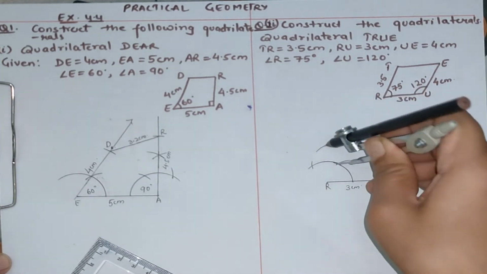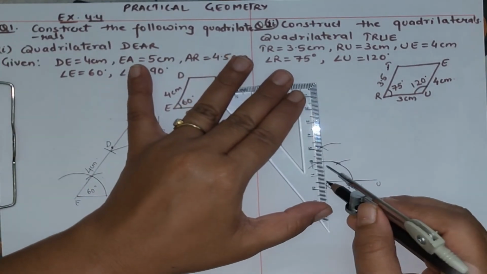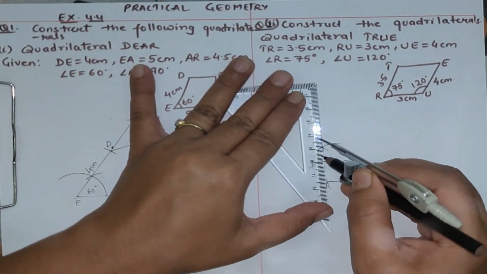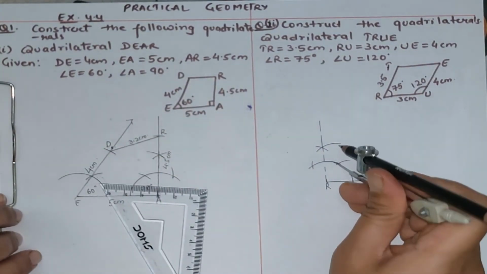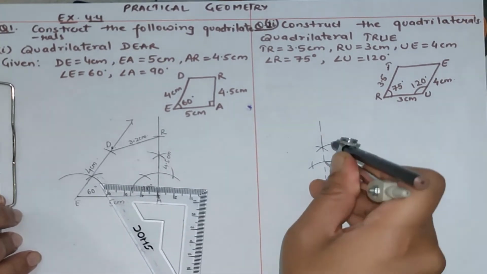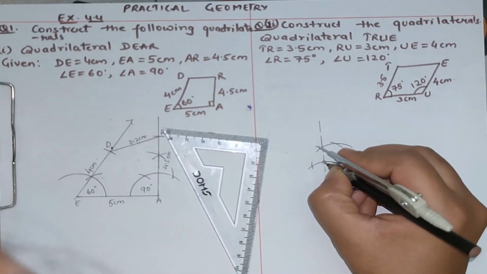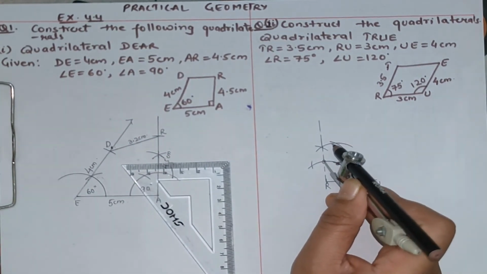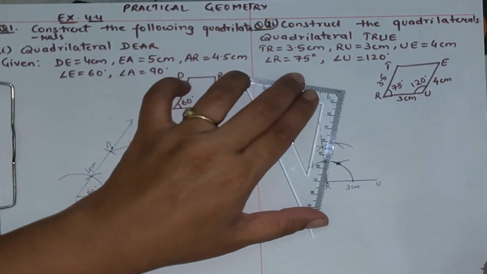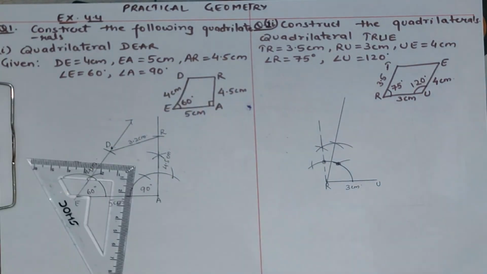For 75 degrees, you actually need 90 degrees. So 90 degrees will be in the form of a dotted line. It is very simple to construct 90 degrees. Then 90 degrees and 60 degrees, in between you will get your 75 degrees for sure. This point and this point will give you 75 degrees. Put your pointer on this point and cut an arc like this, and then put the pointer here and cut an arc on that particular arc. And here you are with your 75 degrees.